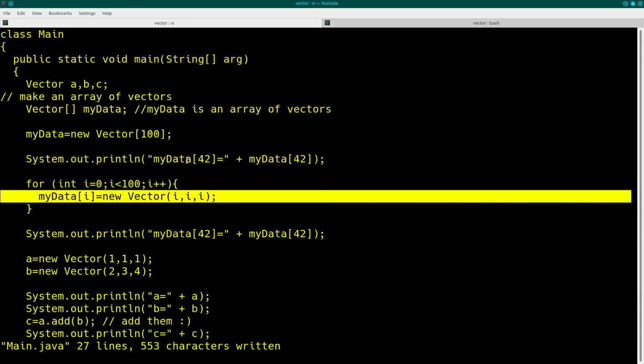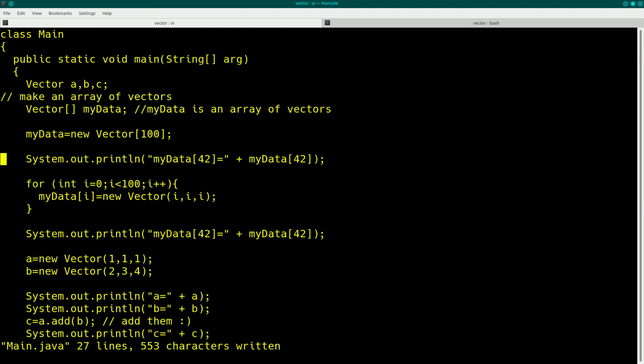And you don't need to use the new keyword here necessarily, okay? For example, if I wanted to do something different,